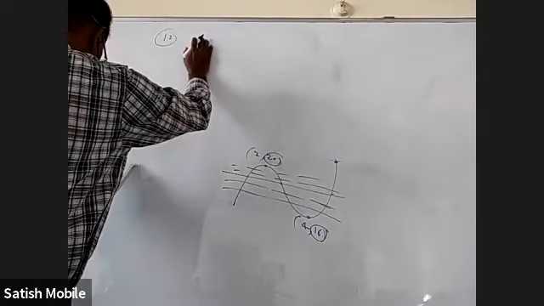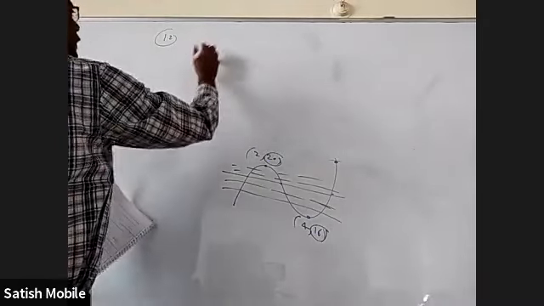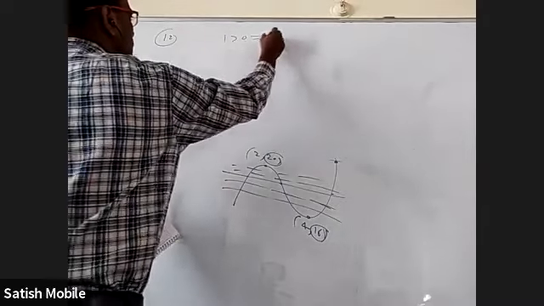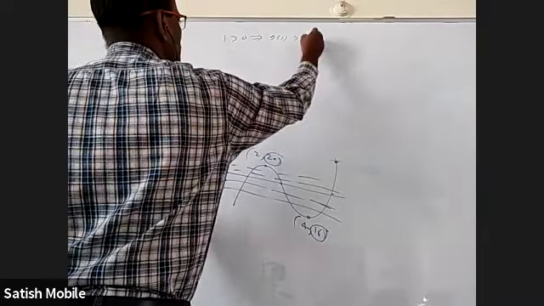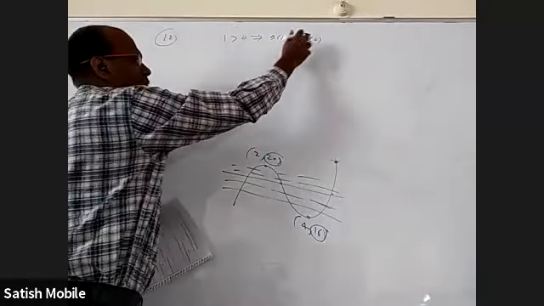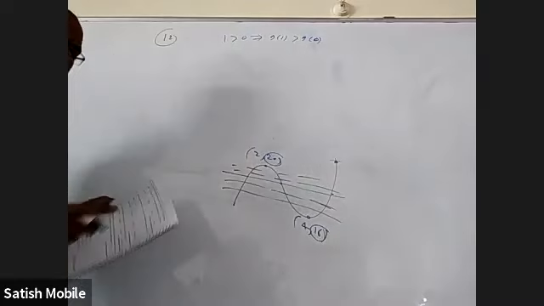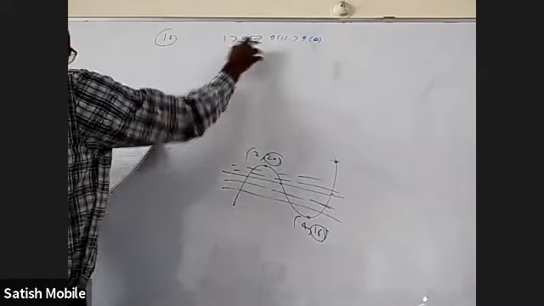Okay. We all know that g is increasing, given in this question. 1 is greater than 0 implies g of 1 is greater than g of 0. Why am I able to carry the same greater than symbol? Because g is increasing. If g is decreasing, I would have got less than here. Okay. That's it.